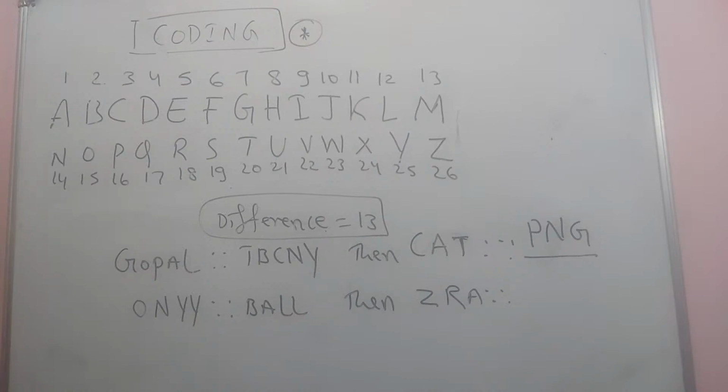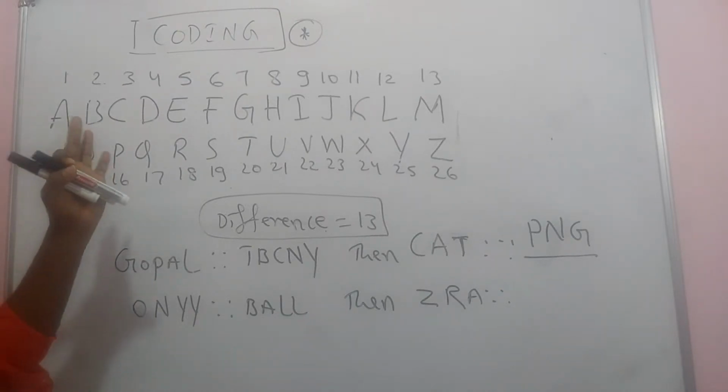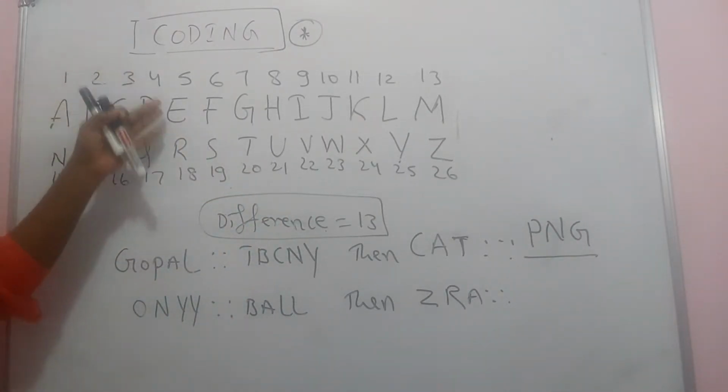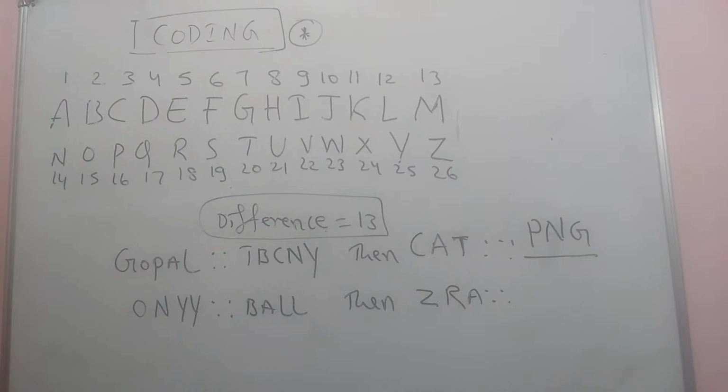So in coding languages, two things are there. One is corresponding letters, one is opposite letters. Now this is corresponding. I spoke about the corresponding. After this, I will explain about the opposite. Corresponding and opposite are most important. Then we will start the real questions. So first we need to understand, then I will start the real questions.